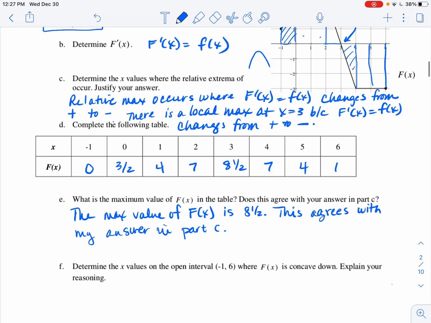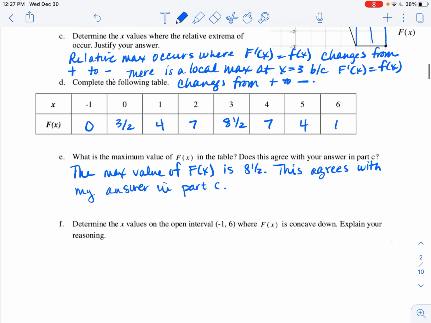Determine the x value on the open interval where f of x is concave down. Explain your reasoning. All right, so when I'm looking at my graphs, here's my original function. These are just my little sketches. So what I'm looking at is where f of x is concave down. The part that is concave down, this part, is where my